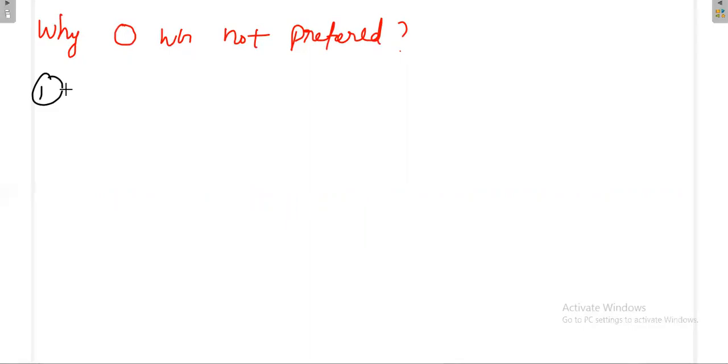the rectangular waveguide. Say for example, if you are able to send 1 to 10 gigahertz through some rectangular waveguide, then what happens to the circular waveguide? It is sending from 5 to 10 gigahertz only. It is not sending the low frequencies. Then very clearly this is sending 1 to 10 gigahertz, around 9 gigahertz bandwidth. Here it is sending only around 5 gigahertz bandwidth. So the rectangular waveguide has more bandwidth.